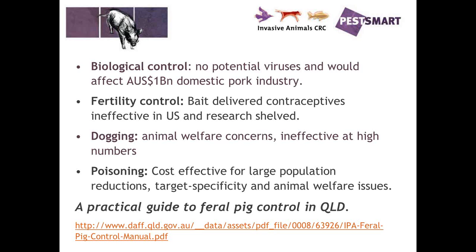Next is dogging. There are welfare concerns with the use of hunting dogs for feral pig control. Can be useful for removing animals at low density, although when the numbers are high, the same as ground shooting, it can be ineffective because a lot of animals are left. And then poisoning. It's cost effective for large population reductions, although there are target specificity and animal welfare issues associated